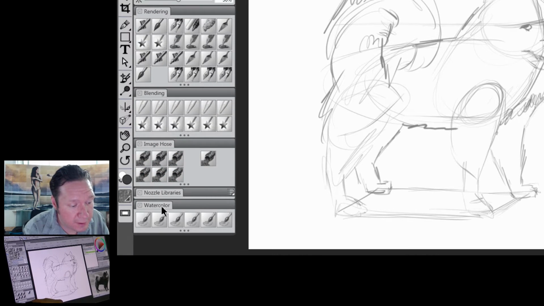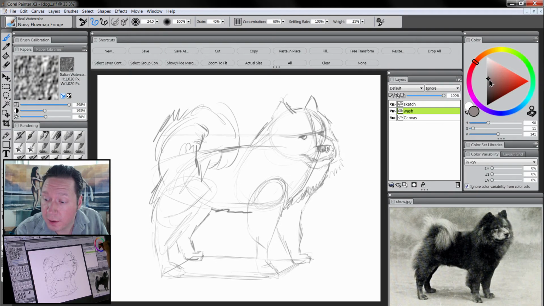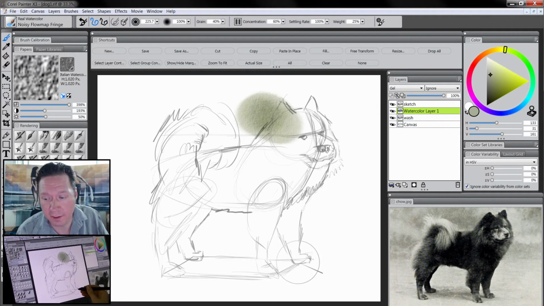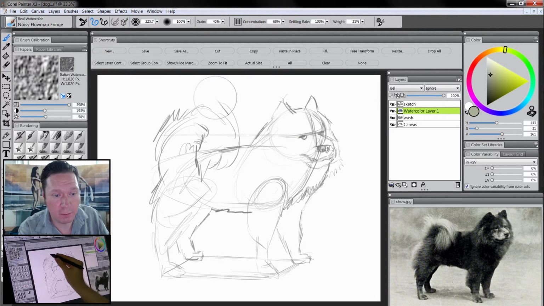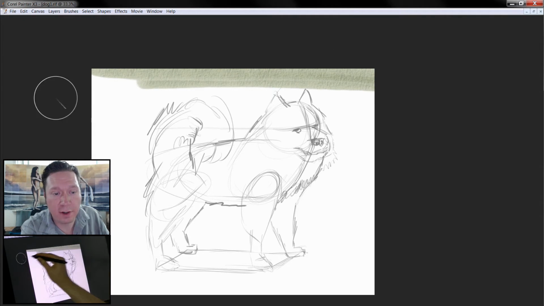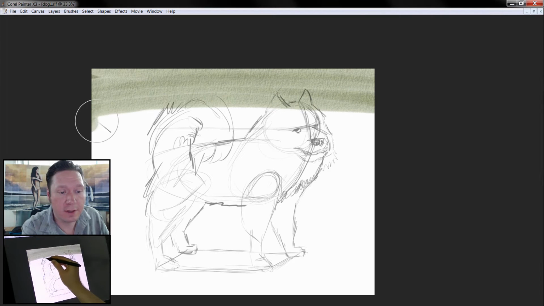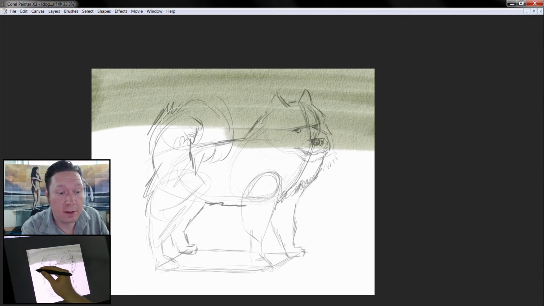Let's use one of these watercolor brushes. We'll use the noisy flow map fringe, and we'll pick kind of a yellow green. We'll try something like this that's very, very muted without the saturation very high. We'll do a little test and see if that's the color that we want, and I think that it will work. So what we're going to do is we're just going to try to coat the whole canvas evenly, and don't worry about it being too dark, because